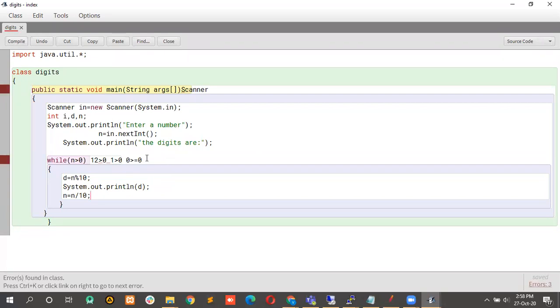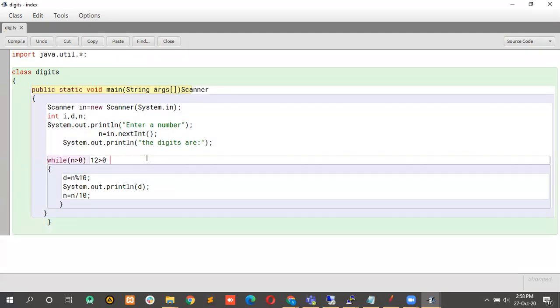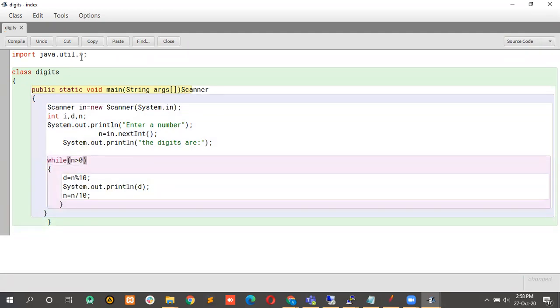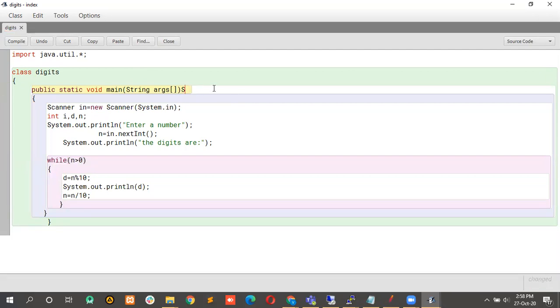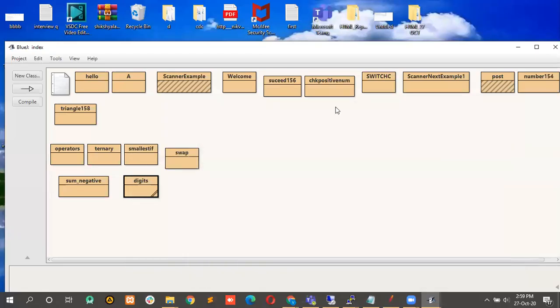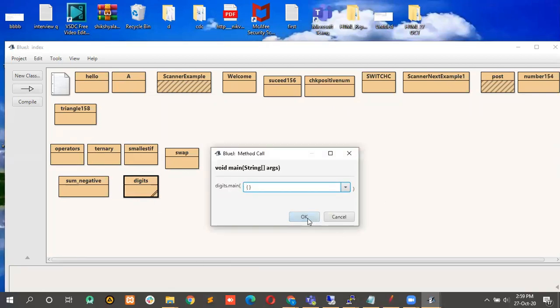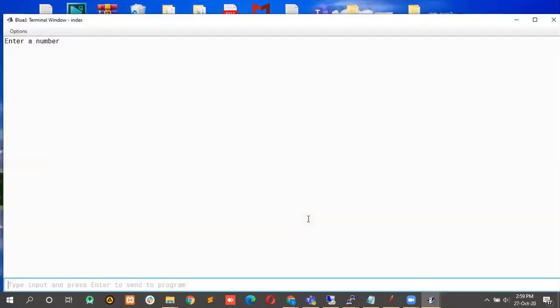Yeah, still showing me an error. Yes, because I forgot to clear this content. Once again do the compilation. Yes, it's showing me the error. Yeah, this scanner came here. Okay, once again. Yeah, so at the bottom you can see that class compiled, no syntax error. So I'll be minimizing the screen and this is my program. So right click on this void main for the execution, press OK, and yes.